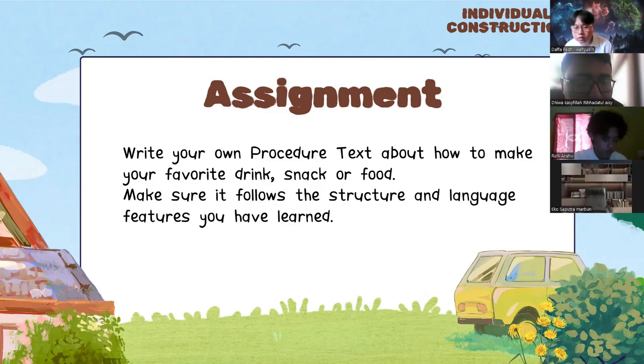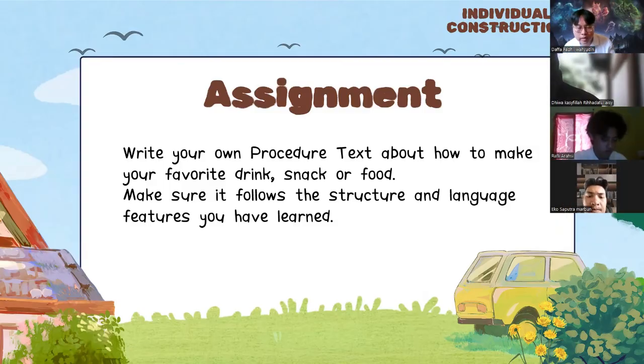Iko, would you like to present the procedure text you made? All right, sir. So, in ingredients, how to make a... All right, sorry. I will explain how to make a cup of tea. So the ingredients are a cup, and the second a tea bag, and the third hot water, and the fourth sugar, and the last a spoon. And the steps are our method.